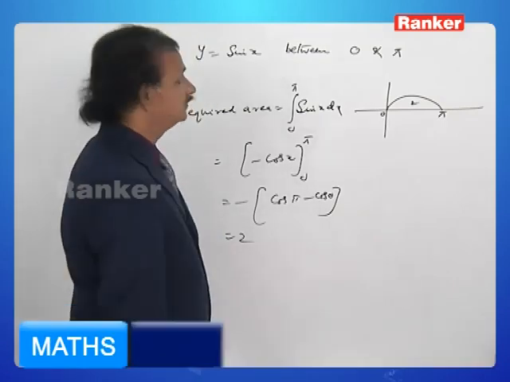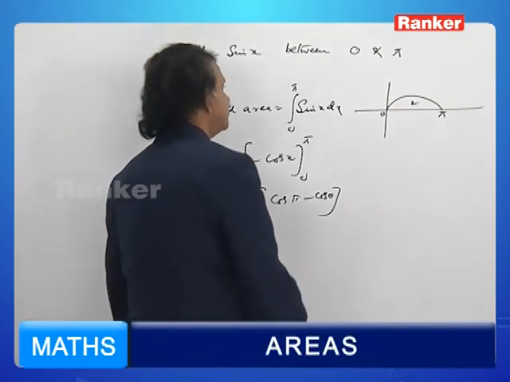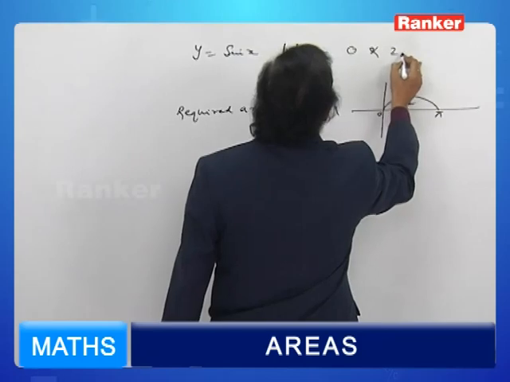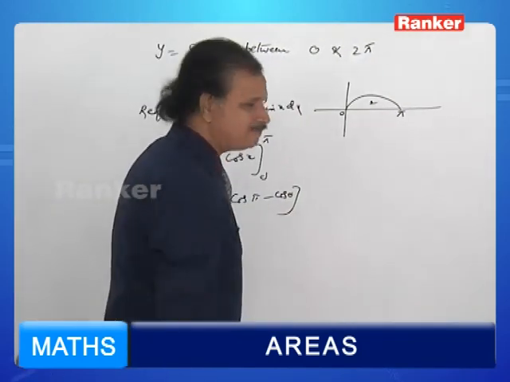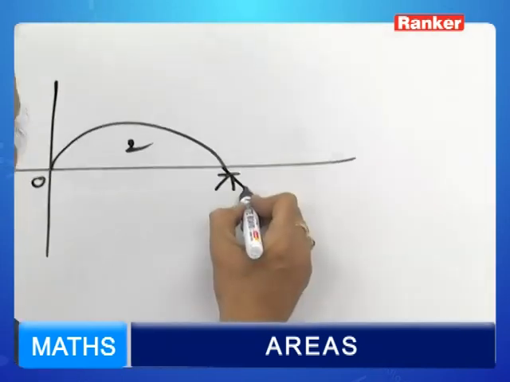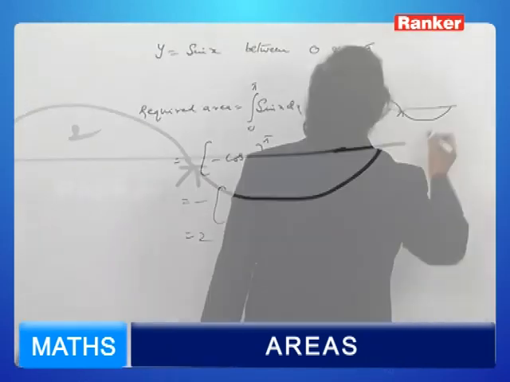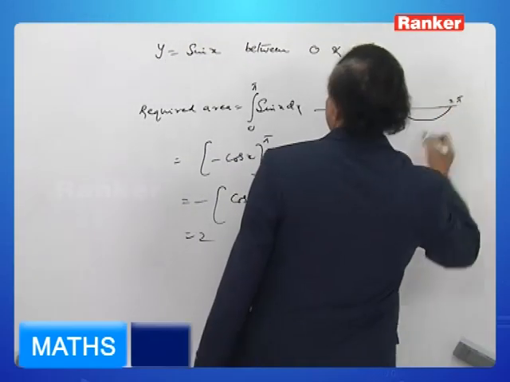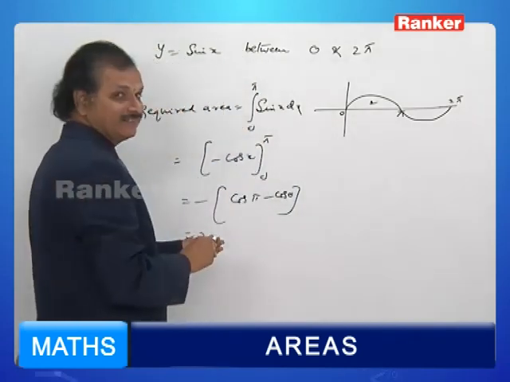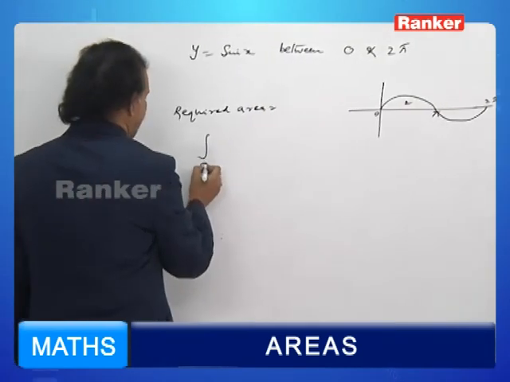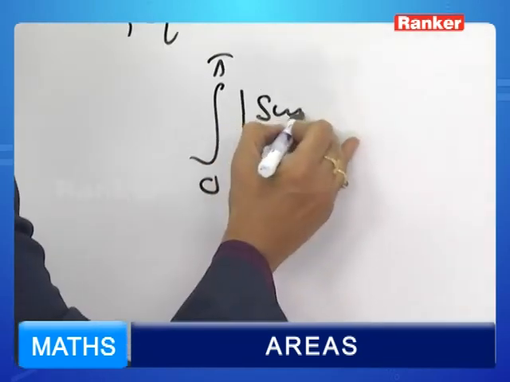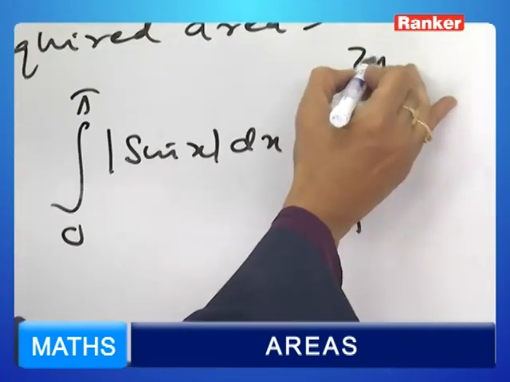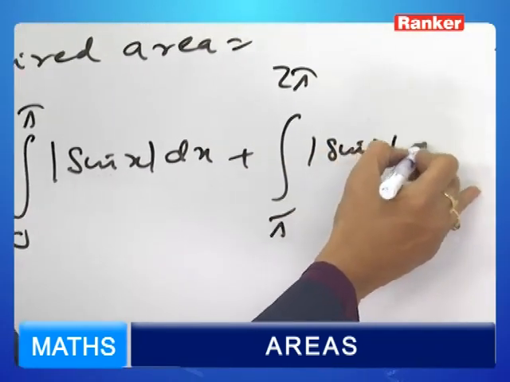Well, my dear, let me change the question. Instead of 0 and pi, if I ask you 0 and 2 pi, what happens to that? Another part will also be added here, from pi to 2 pi. What will be the shape of that curve then? What happens? Integral 0 to pi mod sin x dx plus integral pi to 2 pi mod sin x dx